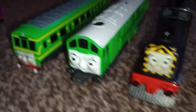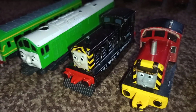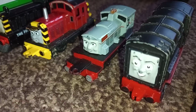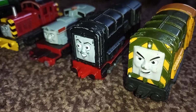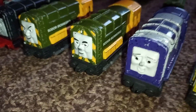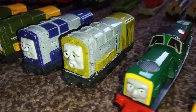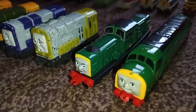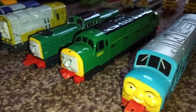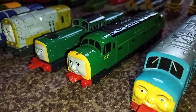Moving on to the diesels, I've got Daisy, Boko, Mavis, Salty, Frank, Devious Diesel, Ari, Bert, Splatter, Dodge, Derek. For diesel, also known as Class 40 or D261,